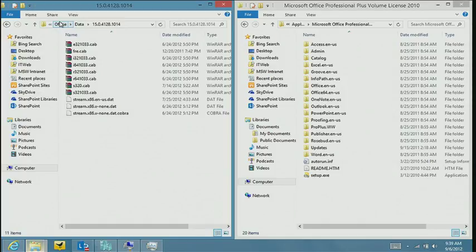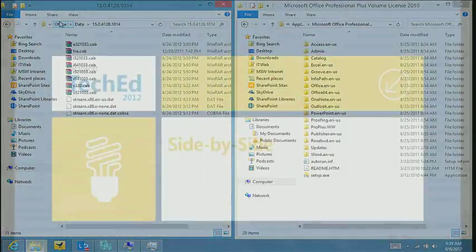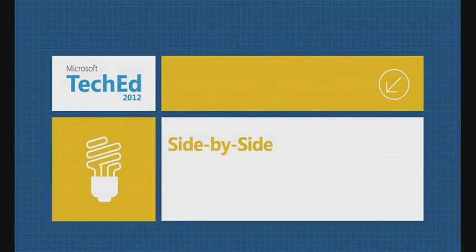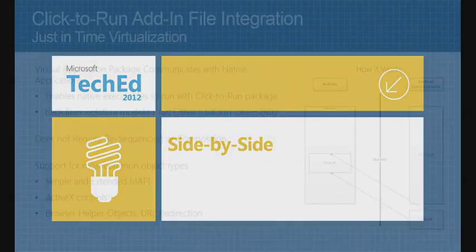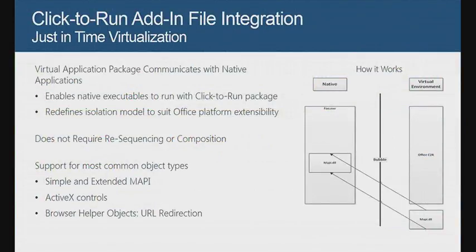So that was a brief explanation of what side-by-side looks like, and we'll go in a bit more depth in terms of the deployment tools here in a second, and I'll go back to this and show you what you can do to configure stuff. All right, so how we're doing all of the local integration is basically we're doing something called just-in-time